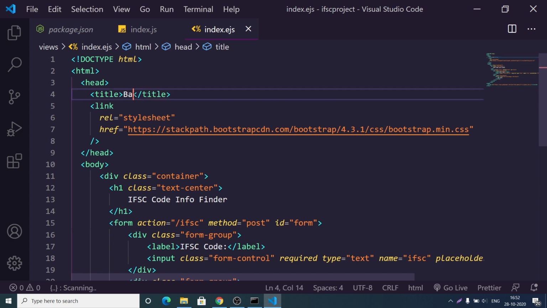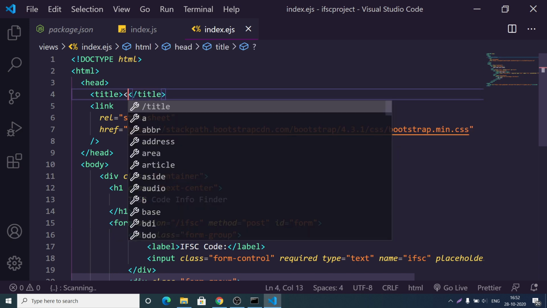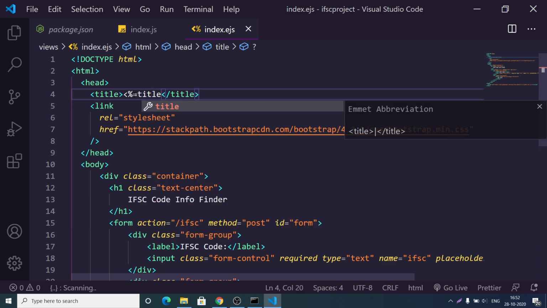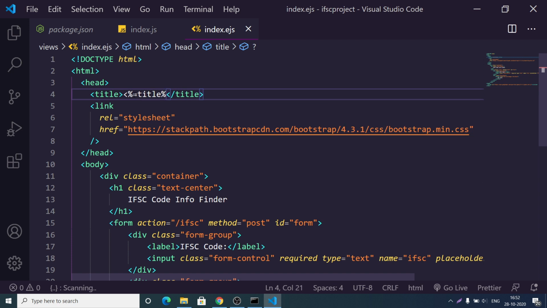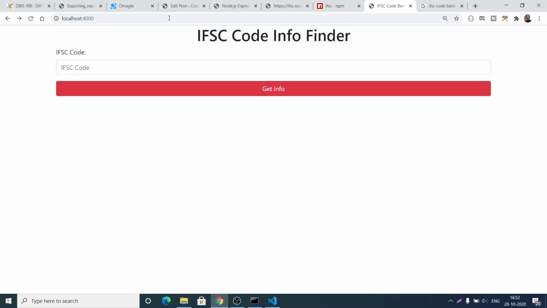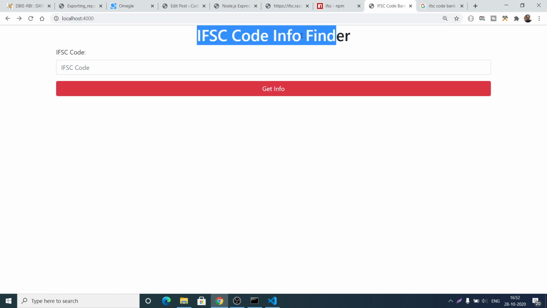Instead of a static title, we can use the variable like this: square bracket, then angular bracket, and percentage sign, equal to title, and then close this with a percentage sign and an angular bracket. Now if you run this application, it will run fine. If I again run node index.js and open the home page, you will see everything executing fine. This is the title that we have provided, IFSC code info finder.